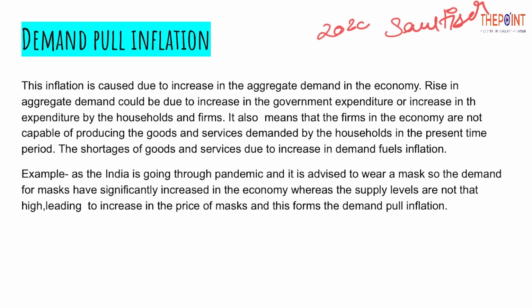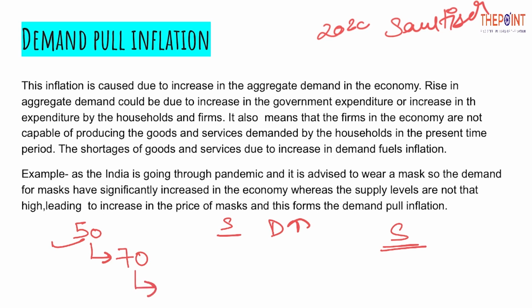So supply remained constant because nobody expected that there would be such a huge surge in the demand for sanitizers in the market. So a sanitizer which was earlier available for 50 rupees a bottle, due to increase in demand, there was shortage of supply, the supply remaining constant and the demand all of a sudden increased. So earlier it was 50 rupees. Because the demand increased, now the chemist started selling it for 70 rupees. With time the demand increased more because everybody wanted to use sanitizers while they were moving out. Now the chemist increased the price of the sanitizer to 100 rupees.